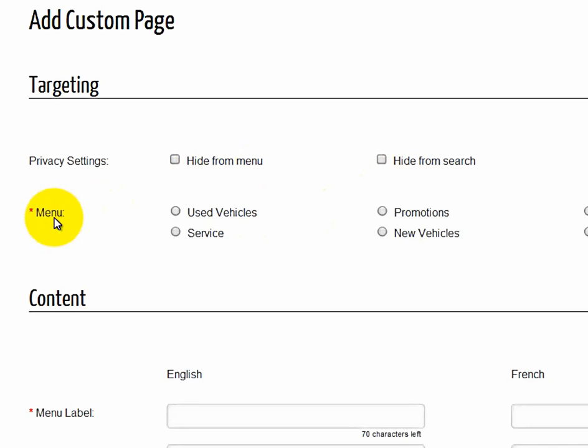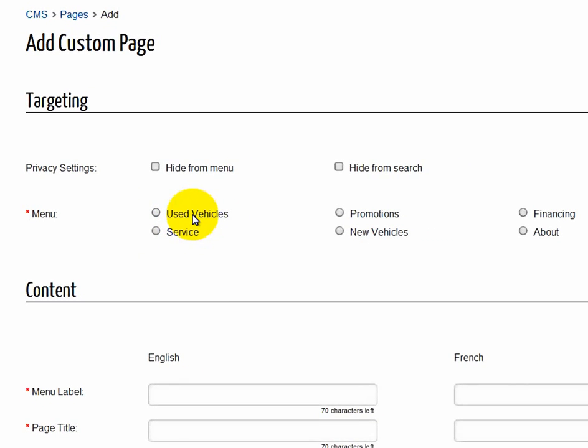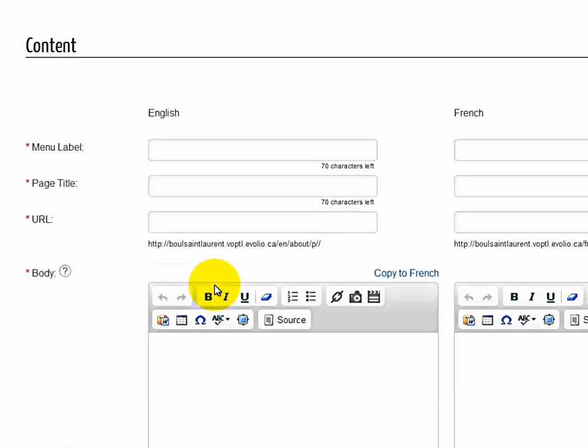Now, in which menu do you want your additional page to be displayed? These are your specific areas where you can have it displayed, which is used vehicles, promotions, financing, service, new vehicles, or about us. Now let's say we want to create a new page in the About Us section. If I scroll down, you also have a content area. This is where you put in all your content. Now your menu label, this is the label that will be showing up in your menu. I will put in,